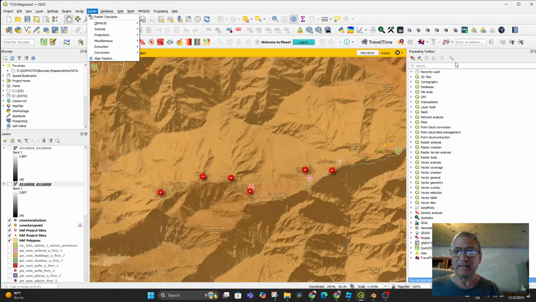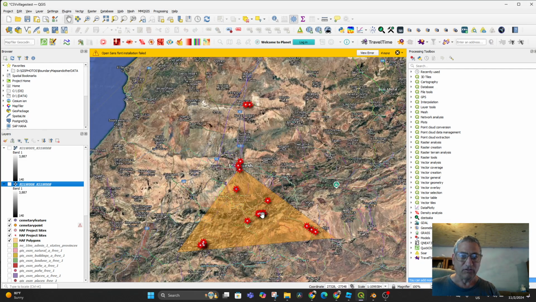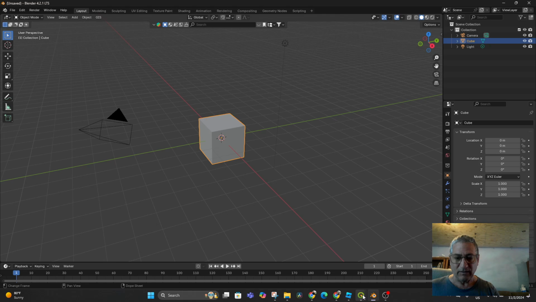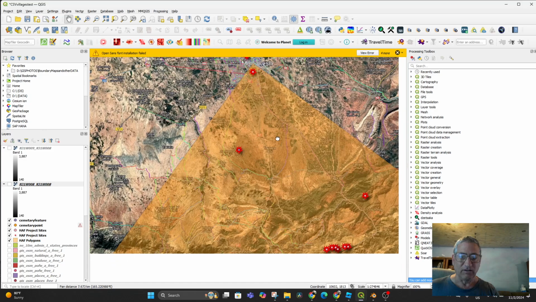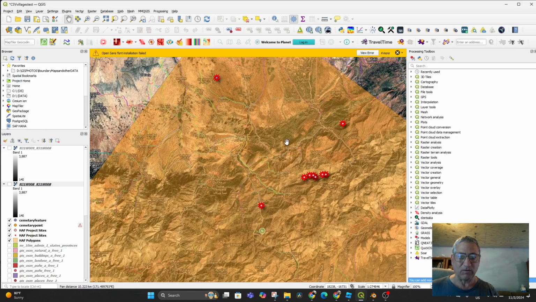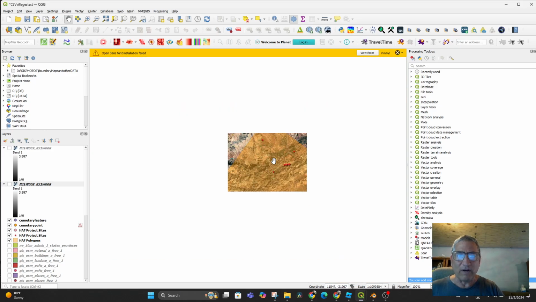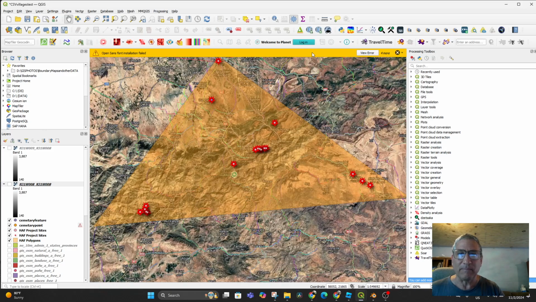All right, hello everybody. We're now going to try out a technique that has worked actually, and I want to show it to you. So we're using QGIS and we're using Blender. And in QGIS, we have a map that we've made of the different points in Morocco where the High Atlas Foundation works. So we want to get this terrain into Blender so we can see it in 3D,